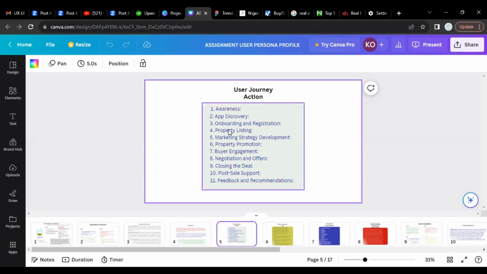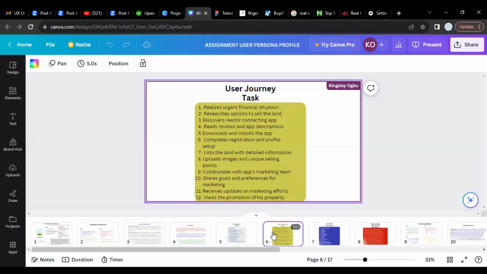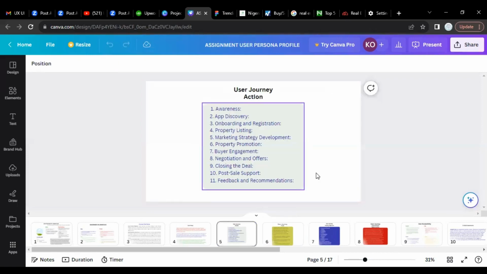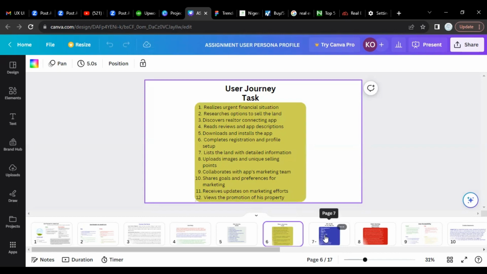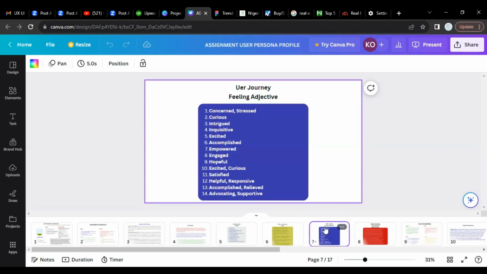Okay, so the onboarding and registration still has to do with it. So these are the user journey. On the task, we have realizing urgent financial situation, researching options to sell the land, discovering realtors, connecting with the app. These are still user journey. I think I understand most of it, but going into detail in explaining it might have some